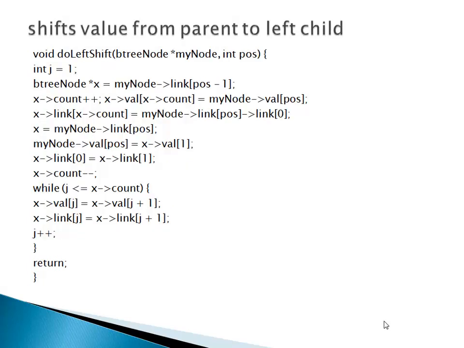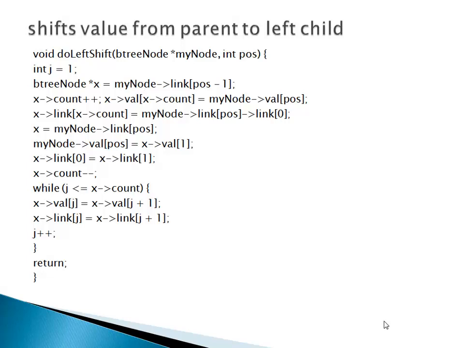Shifts value from parent to left child, that is, in case the left sibling has more than m by 2 elements, then we will be moving the maximum element of the node to the parent. So here is the same thing. B3 node x of count plus plus, and if x of value of count is my node of value of position. Now x equal to my node of position,